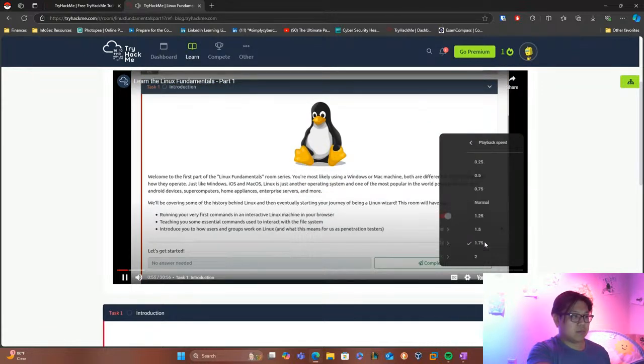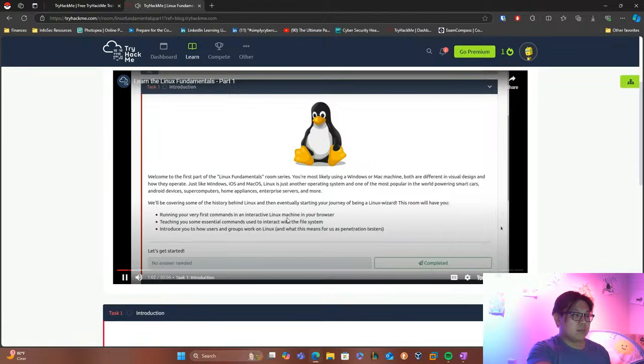Welcome to the first part of the Linux Fundamentals room series. You're most likely using a Windows or a Mac machine. Both are different in visual design and how they operate. Just like Windows, iOS, and macOS, Linux is just another